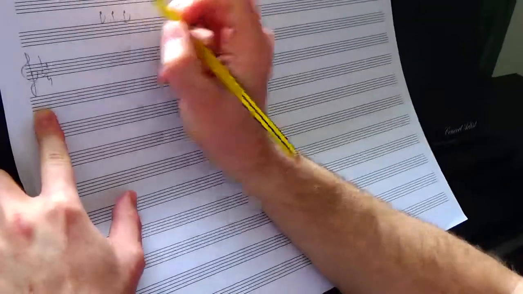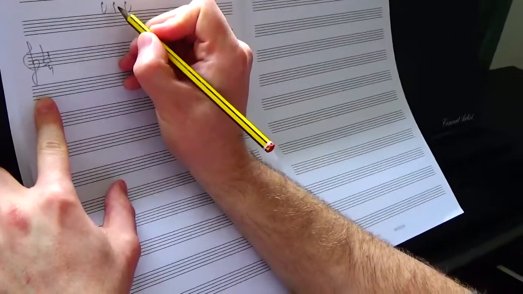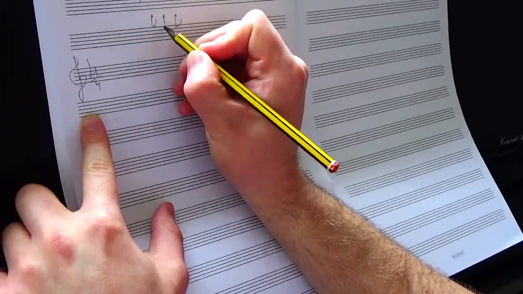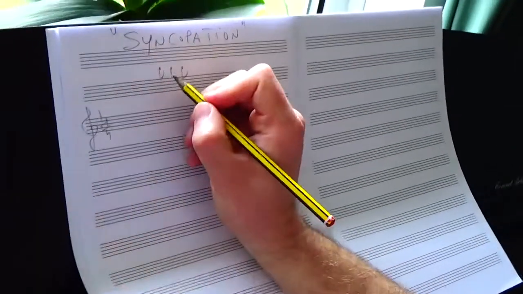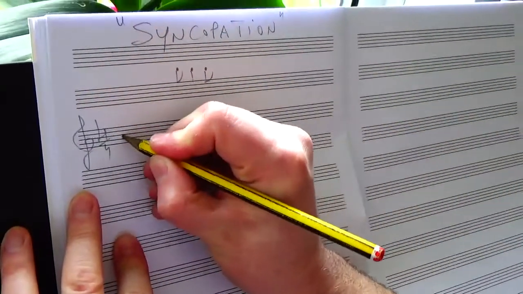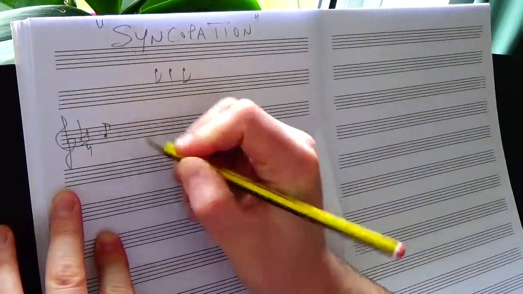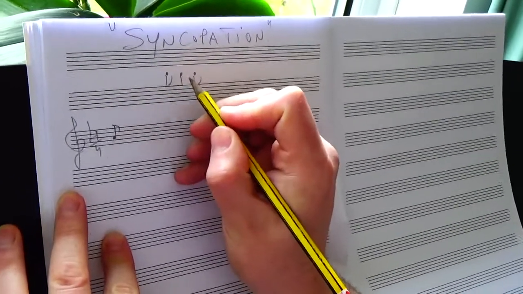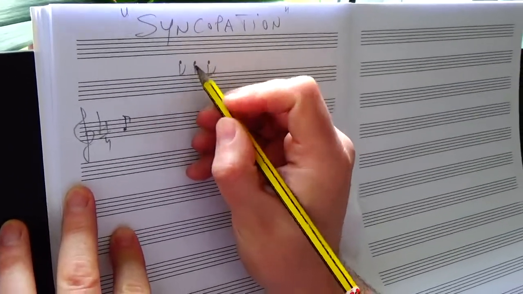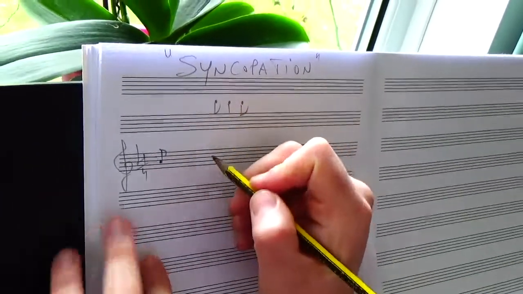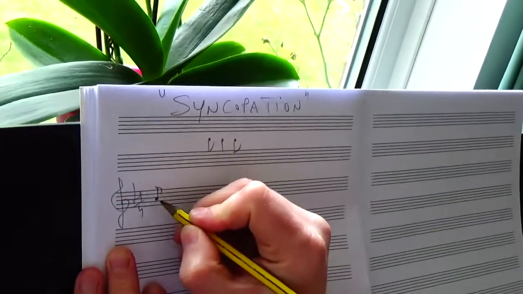This is a syncopation because we are starting the second note where there is the weak half beat, the second half beat of the first count. Let me clarify by writing down the notes. I'm saying that this note is starting on the weak half beat, the second half beat of the first count, because if we place this